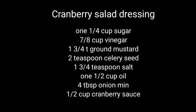I gathered together all of my recipes for salad dressings, and I hope you guys like these just half as